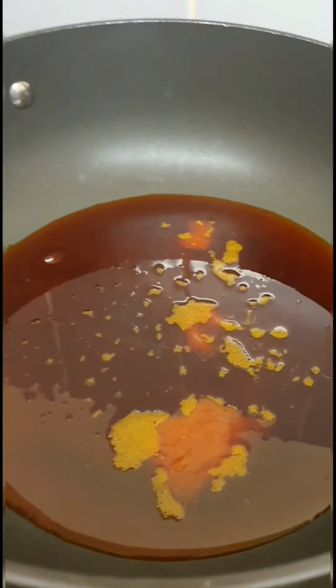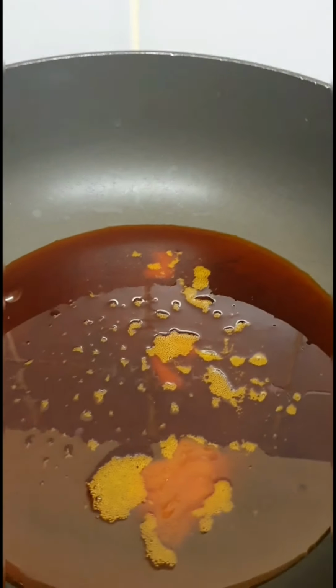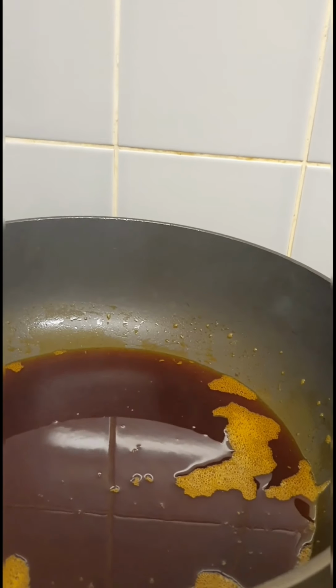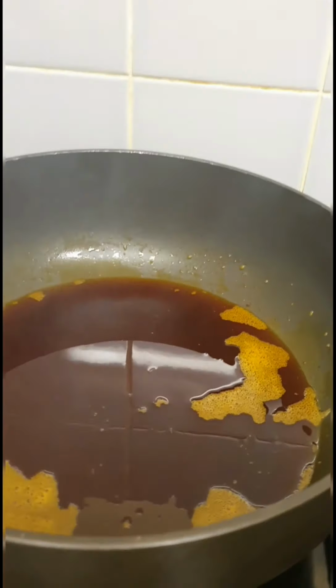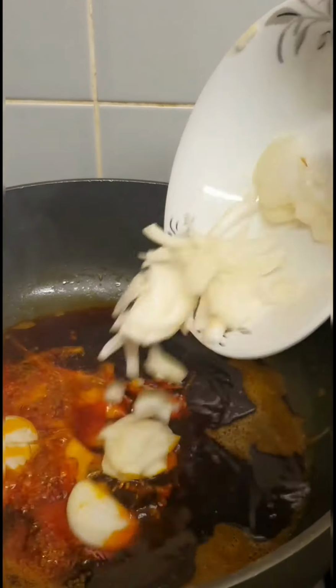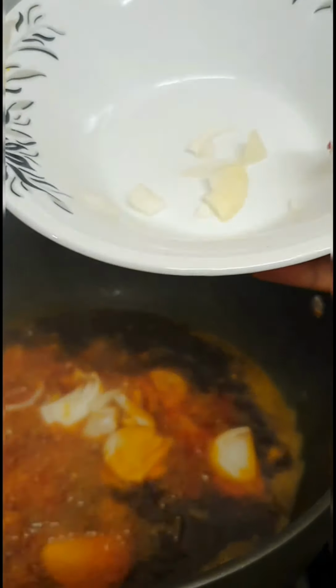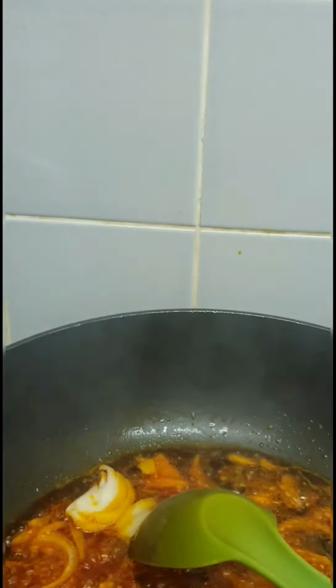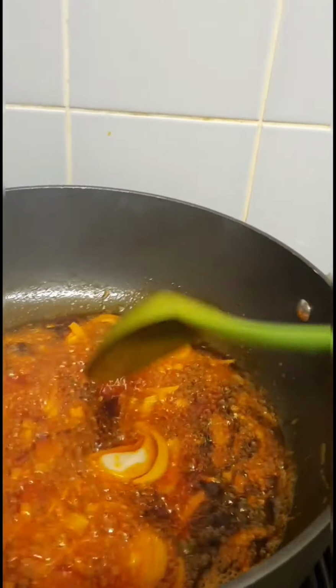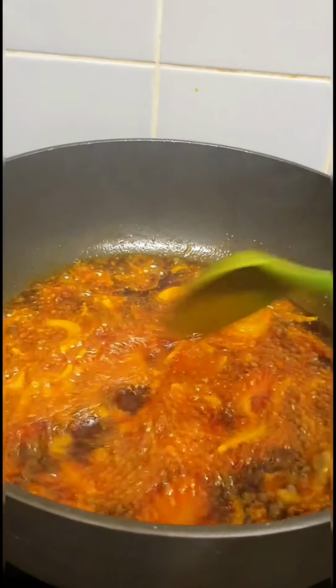So we now have the palm oil on the cooker. I'm going to allow it to heat up for about 2 to 3 minutes. Now my palm oil is a bit hot. So I'm now going to add my chopped onions. My onions are simmering in the hot palm oil. It's going to be in there for about